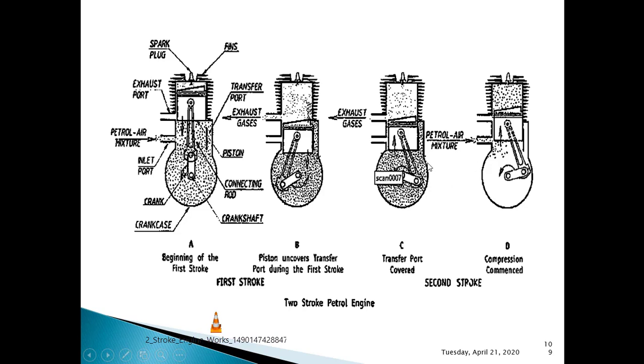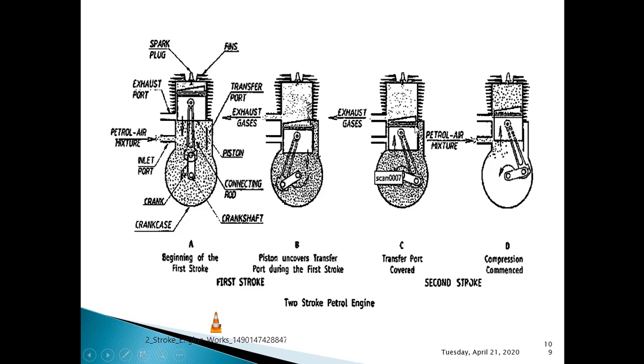In the upward stroke, the piston will be at bottom dead center and will move towards top dead center. You can see that now the piston starts to move towards top dead center from the bottom dead center, and during its upward movement it first covers this transfer port. So specifically they have mentioned here transfer port covered. As soon as it covers the transfer port, the entry of compressed air fuel mixture into the engine cylinder will be stopped.